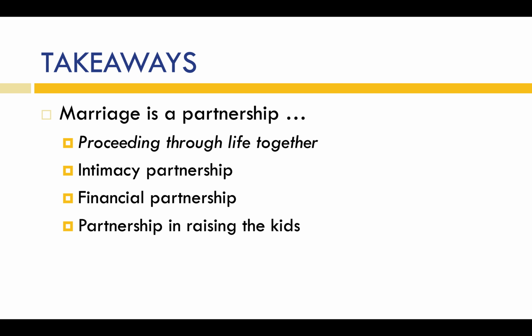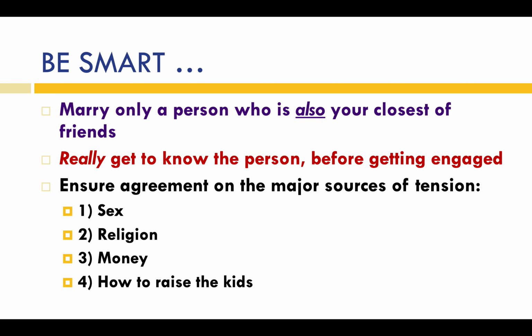All right. Marriage is a partnership. You proceed through life together, and it's not just a financial partnership. It's also a partnership in terms of intimacy and also in raising children for many marriages. So, some advice: marry only a person who is also your closest of friends. Why? Because the passion at some point is likely to disappear or at least diminish substantially. You need to be able to talk to that person honestly and openly, and that person really needs to be a close friend. You need to have that close connection with them. Really get to know people